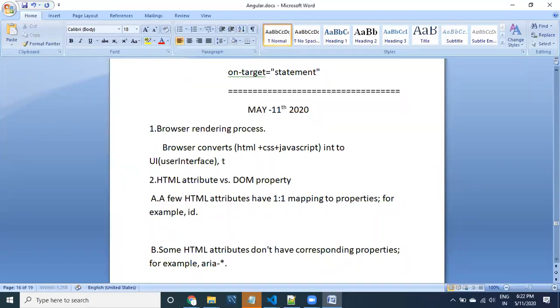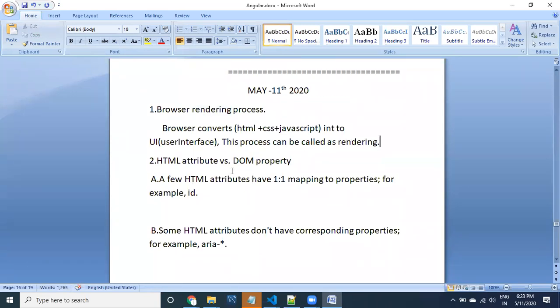This process can be called the browser rendering process. So it is going to get rendered.